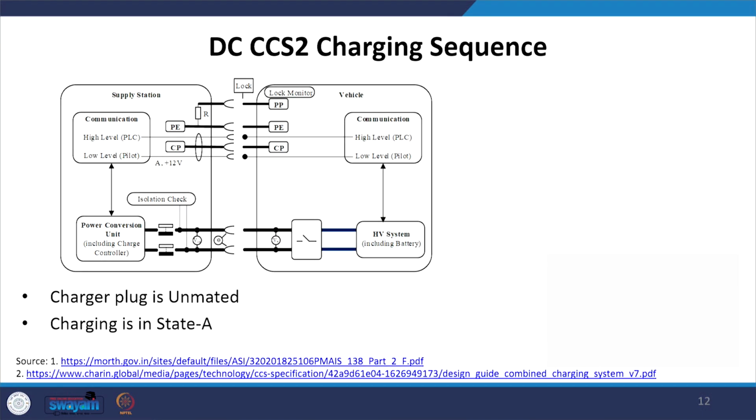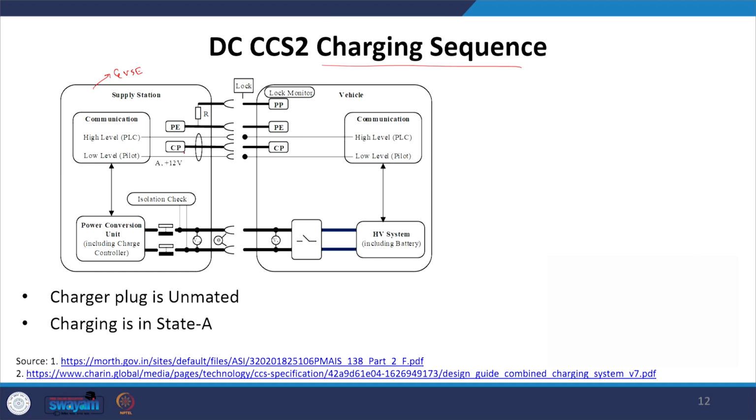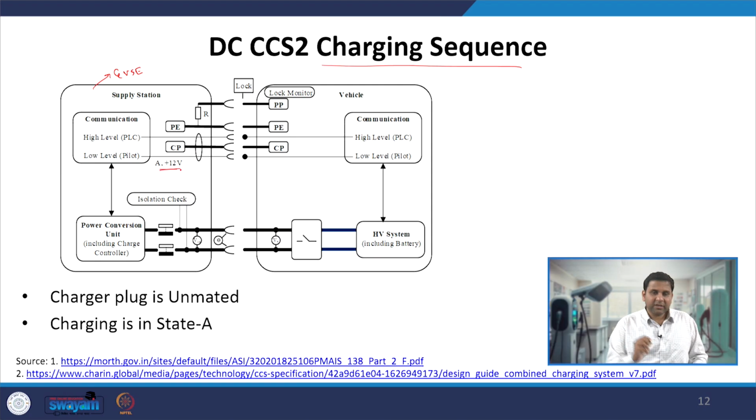Now whenever the DC CCS2 charging plug gets connected into the EV, let us see the different charging sequence which takes place, and after that we will see how the communication is taking place. So let us see how the charging sequence takes place. First and foremost, whenever the supply station, or EVSE, electric vehicle supply equipment, is not connected to the EV, between the CP and PE line we have a voltage equal to plus 12 volt,